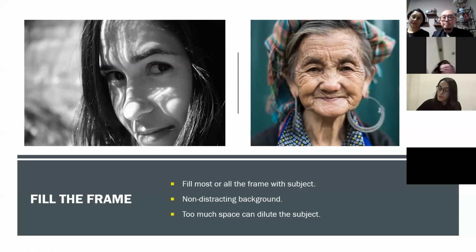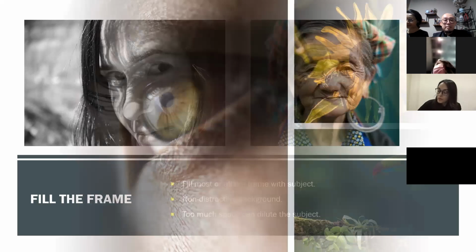Okay, so basically the idea is to fill most or all of the frame of your picture with the face or the person. 这个的构图就是利用你所拍的物件。把它填充整个你的构图。 Okay, next is that you want to put a very non-distracting background because what you want to show is the person's face, so you want to have a very non-distracting background. 因为这个方式的话，其实你要着重的重点是在你所拍的人物上面，所以后面的构图的话，尽量保持干净。